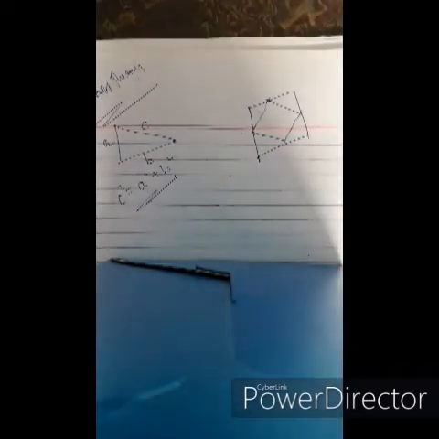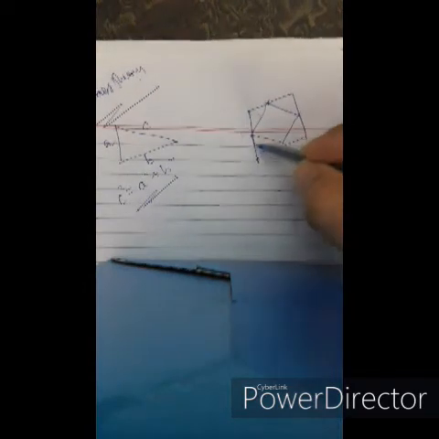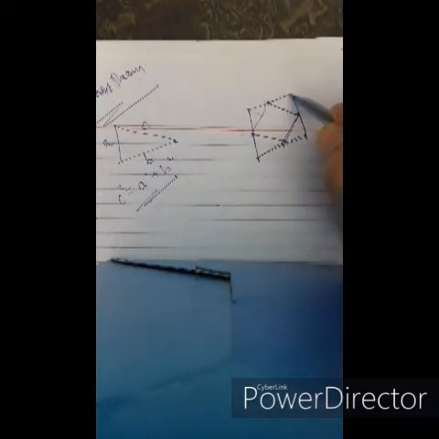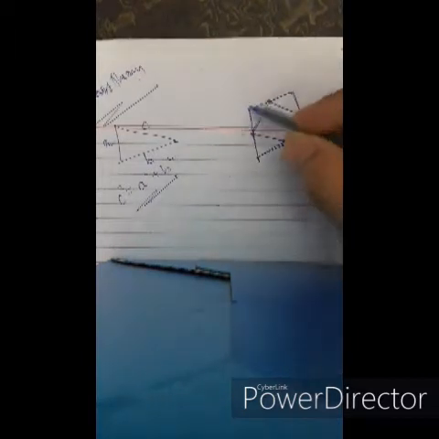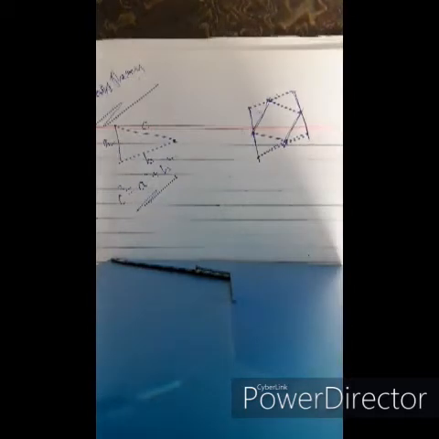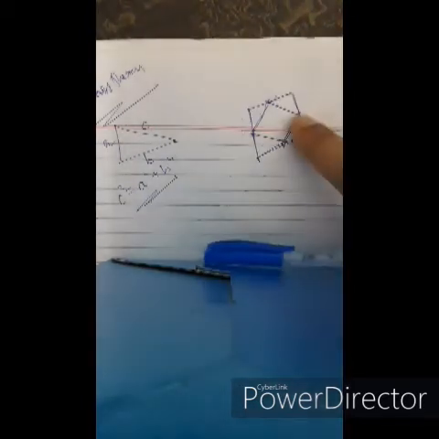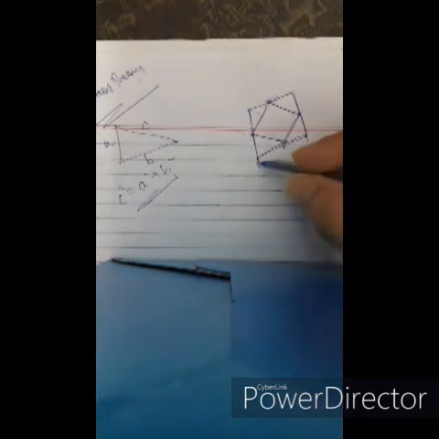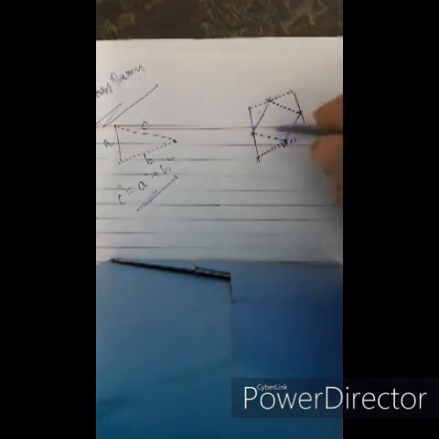So I hope you are able to understand what I am doing here. These are the four triangles. We have taken it in the form of a square. These are actually the four triangles arranged in the form of a square with this AB. This is the outer square and this is the inner square.